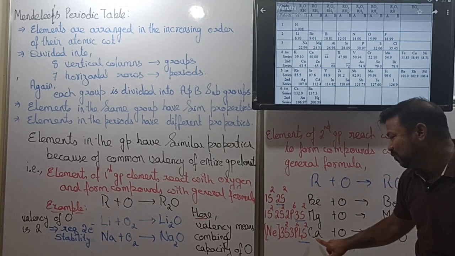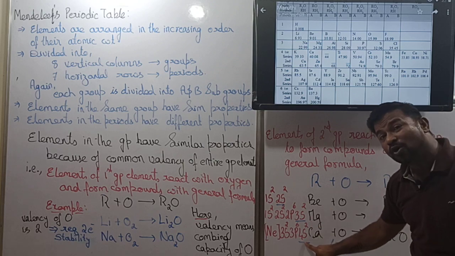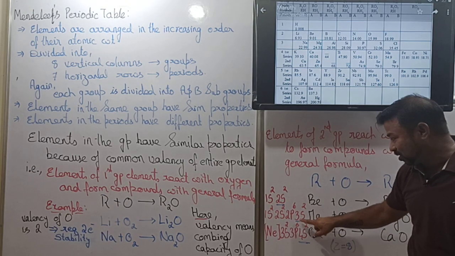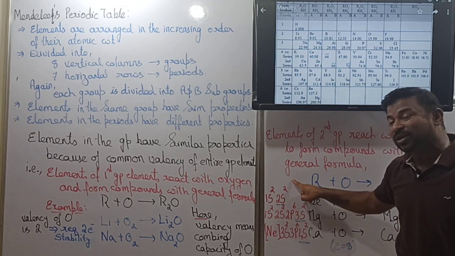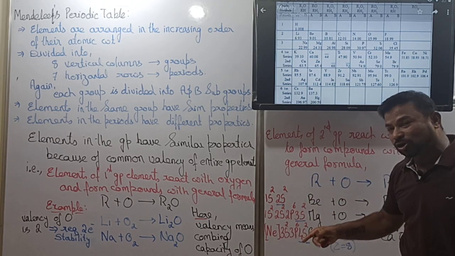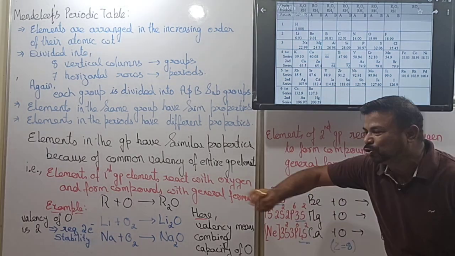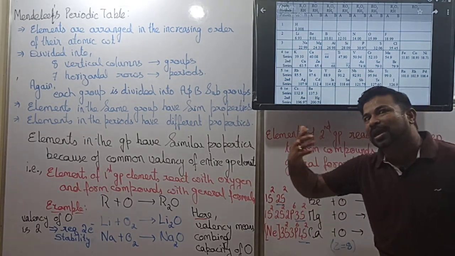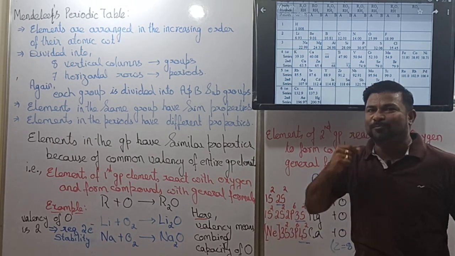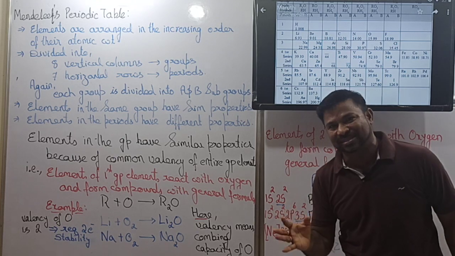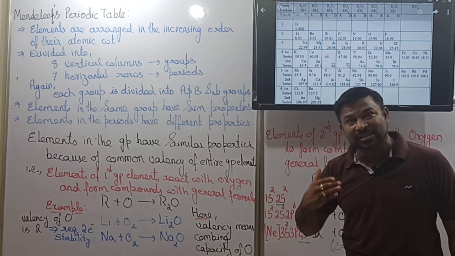In the same way, if you go to calcium, in the outermost shell we have 4s2 in the fourth orbit, 2 extra electrons. Here third orbit, 2 extra electrons. This is the second orbit, 2 extra electrons. Means in the outermost orbit they have 2 extra electrons. They want to release these 2 and become stable like the nearby noble gas and form a compound. Now that property is utilized by oxygen. Oxygen, atomic number 8, requires 2 more to become stable.